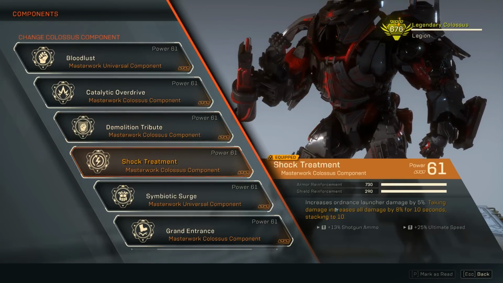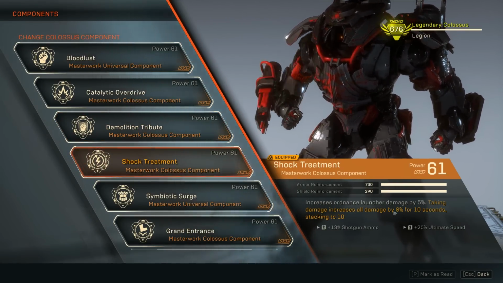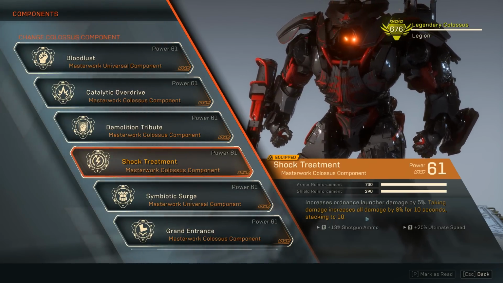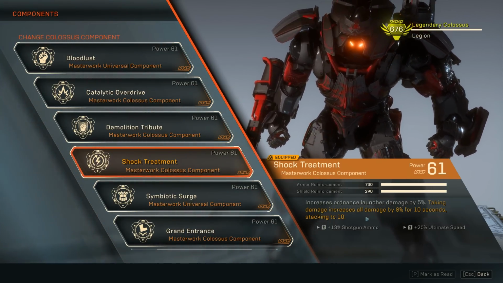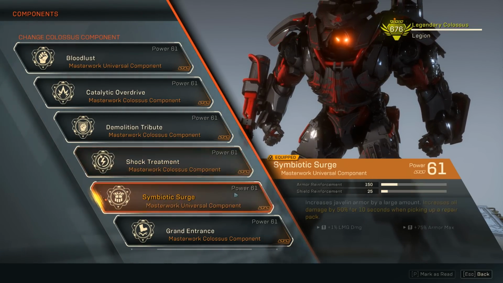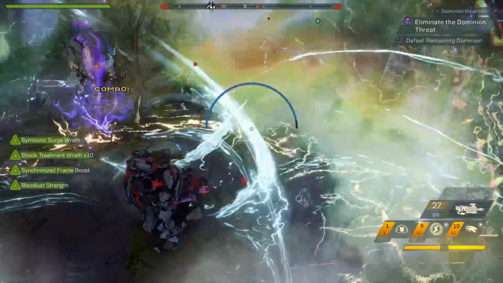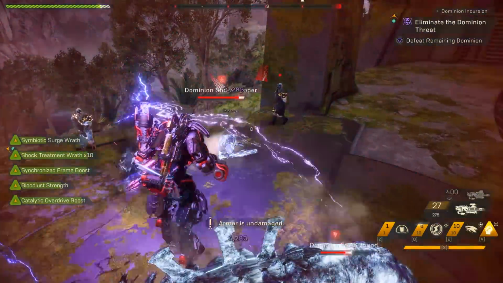Then there's something called Shock Treatment, which we'll use mainly for its yellow bonus. In this case, taking damage increases all damage by 8% for 10 seconds, stacking to 10, and what this means is you only need to take damage 10 times to stack up to 80% additional damage for all of your sources. It can be 10 bullets, 10 melee hits, 10 sources of damage, whatever they may be,